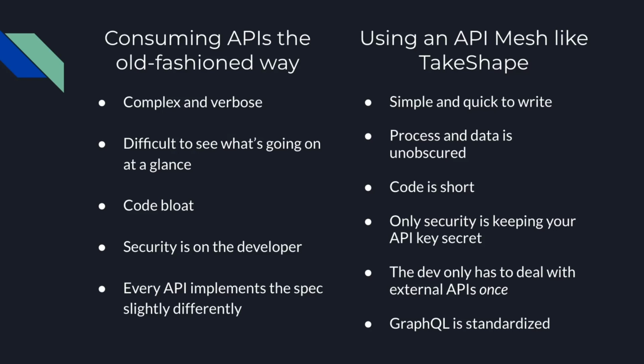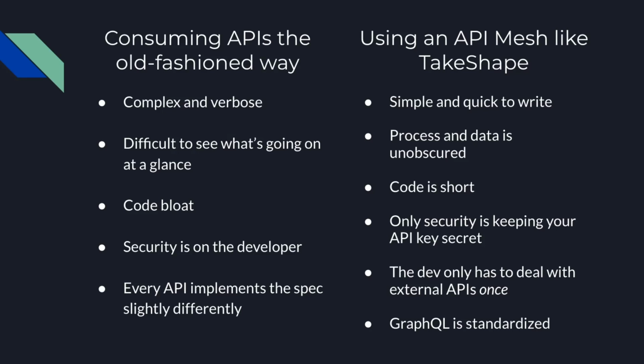Another problem with consuming APIs the old-fashioned way is that it's difficult to see what's going on at a glance. You end up with that, what'd you call it, lambda lith? I need to remember that term. That's awesome. But you end up with such a monstrosity of a program that it's very tough to see what's going on in each section of it. You can't just go whoosh, down the code and say, oh, that's exactly what I need to edit to fix this tiny little bug that nobody could find. The bugs that nobody could find are caused by this kind of thing.